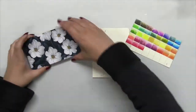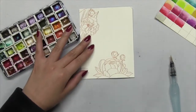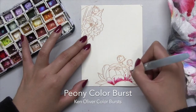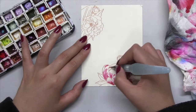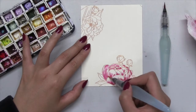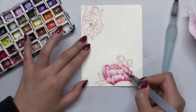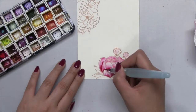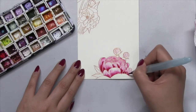Now I'm going to do some wet on wet watercoloring with some Ken Oliver Color Bursts. Since the florals aren't very large, I'm just going to stick to one color. And for the peonies, I'll be using Peony Color Burst by Ken Oliver. So I've already gone ahead and wet the entire area of this bloom first with clean water using a medium tipped water brush. Then I took my fine tip water brush, dipped it into my watercolor well that has the Peony Color Burst powder in it, and then I just started applying the pigment into the inner portions of each